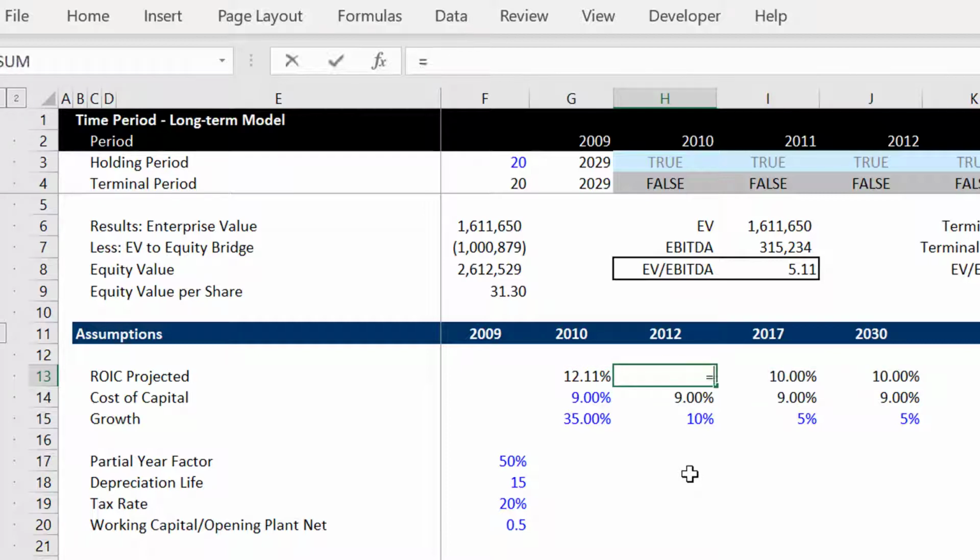So now I'm going to put the ROIC in there and make it equal, okay? And maybe you want to do that, or maybe you want to understand where you are. And then, of course, the growth rate has the same sort of effect. As long as you're earning more than the cost of capital, if you put a lower growth rate in,